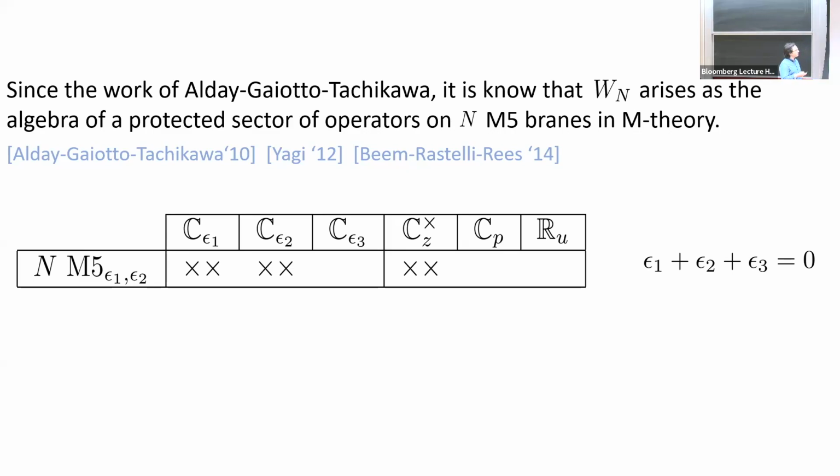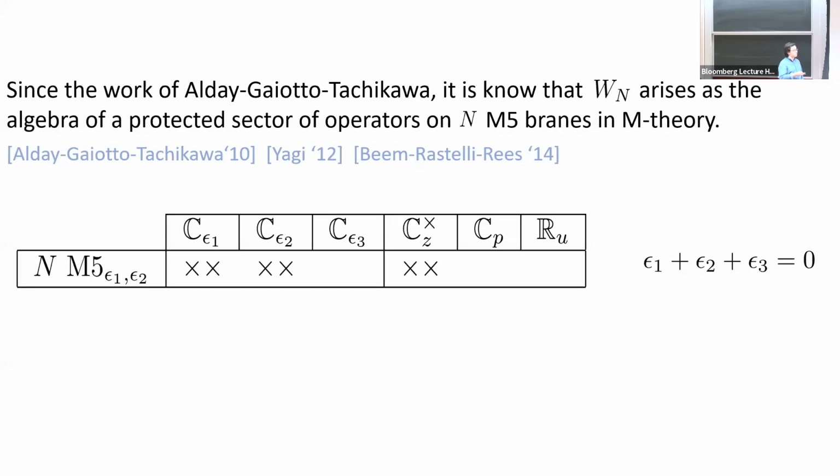I'll take this C to be a cylinder, C times R. Well, if I put M5 branes in this configuration, so far I just have a 6d (2,0) superconformal field theory living at low energies on the M5 branes. But then if you subject part of your background to a certain twist, the omega background, in effect, if you don't know what the omega background is, think of it just as some process to localize the theory, an alternative to compactification. The theory localizes to a two-dimensional theory on C, and this, well, so this